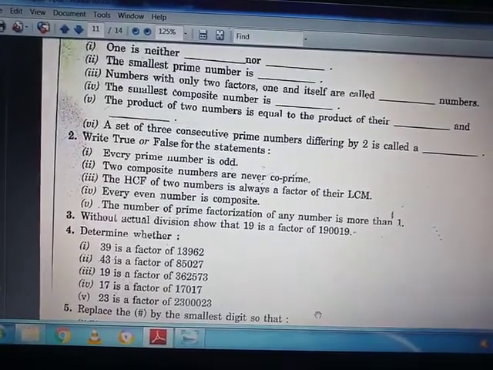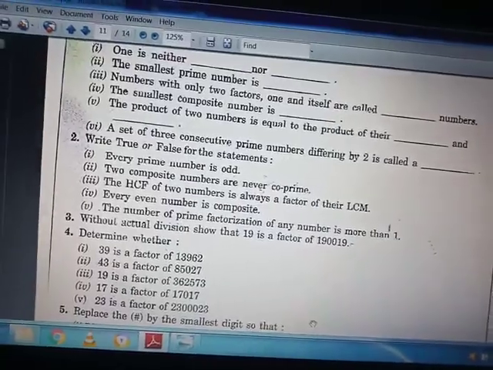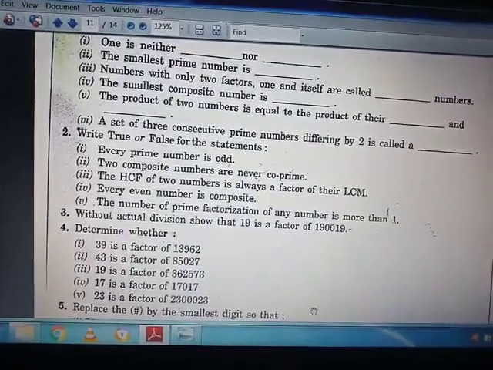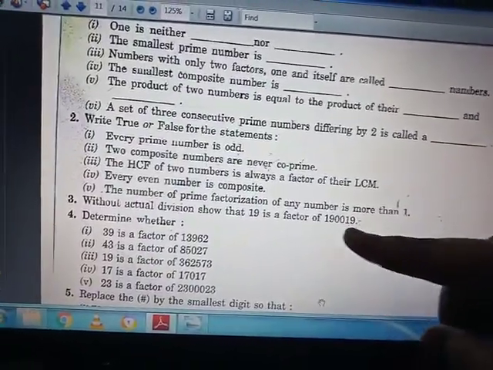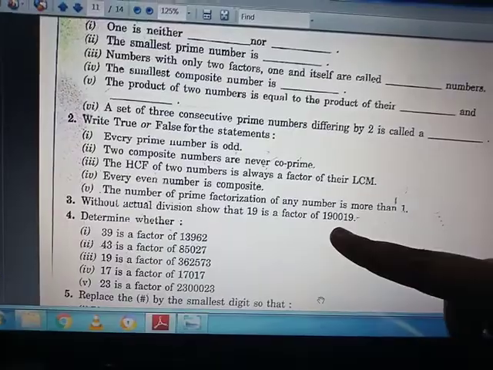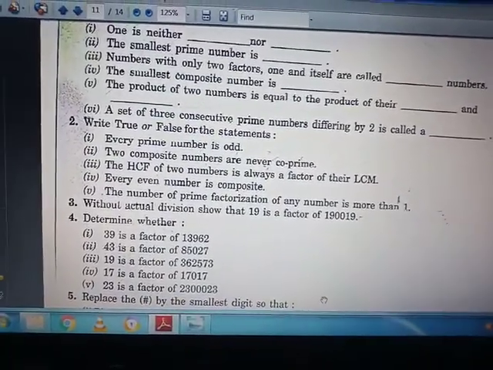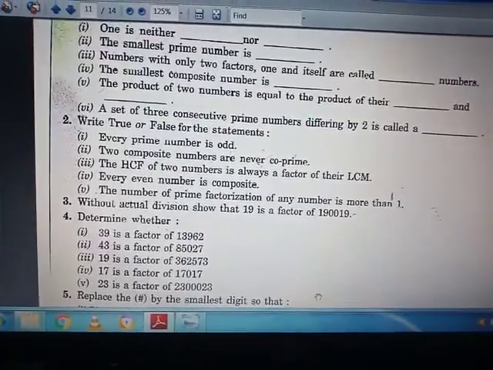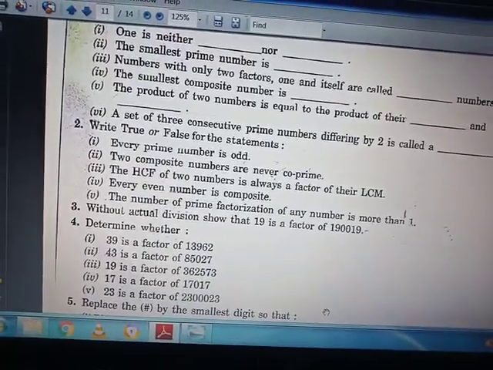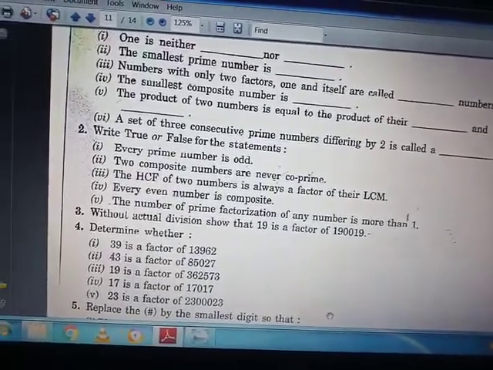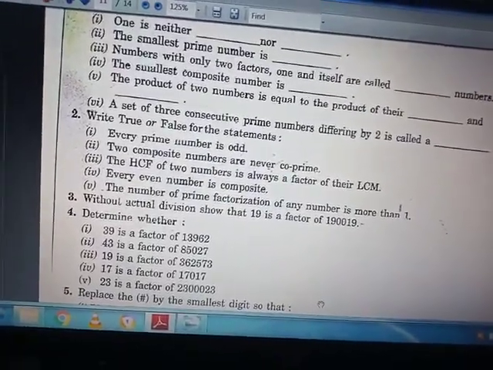In this question it is saying that without actual division. मतलब आपको डिवीज़न नहीं करना है और आपको बताना है कि क्या ये फैक्टर है, तो आप डिवीज़न नहीं करेंगे, लेकिन आप इसका प्राइम फैक्टराइजेशन तो कर सकते हैं, तो आप इसका प्राइम फैक्टराइजेशन करेंगे और देखेंगे कि 19 कहीं भी आता है या नहीं। अगर उसके फैक्टर्स में 19 कहीं भी आता है तो ये करेक्ट स्टेटमेंट होगा, ये 19 फैक्टर होगा इस नंबर का।